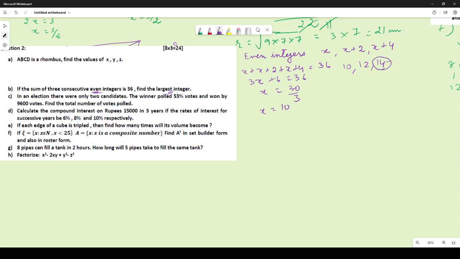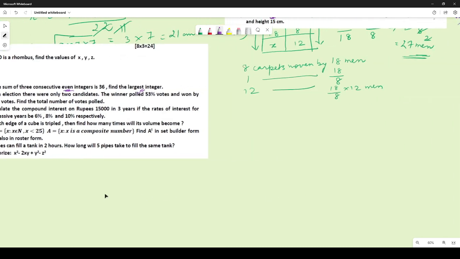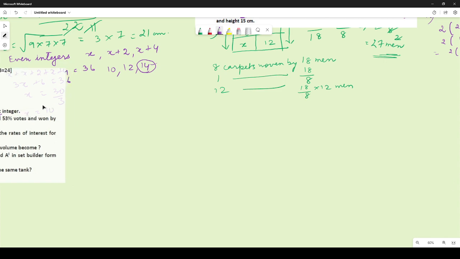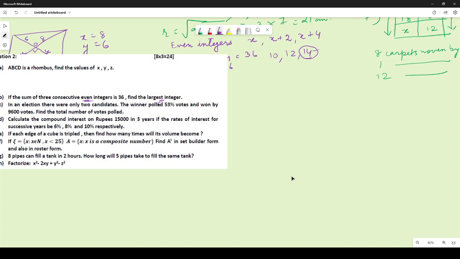This is the answer you were supposed to be giving. Now let us take up the next question. In an election there were only 2 candidates, so what happened over here was the winner polled 53% votes, the loser polled 47% votes. That means the difference of votes